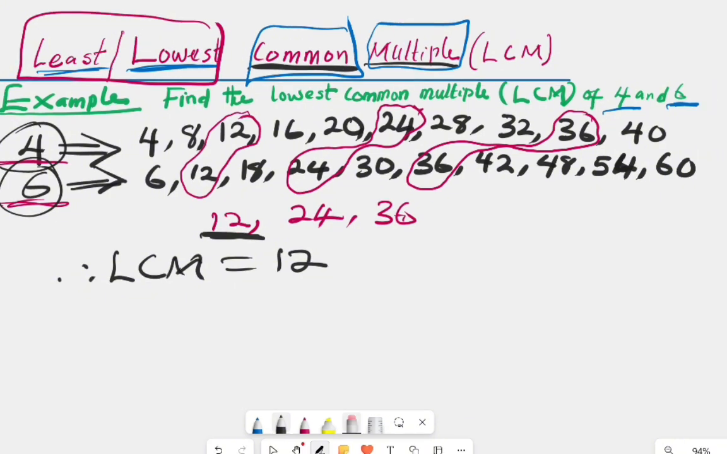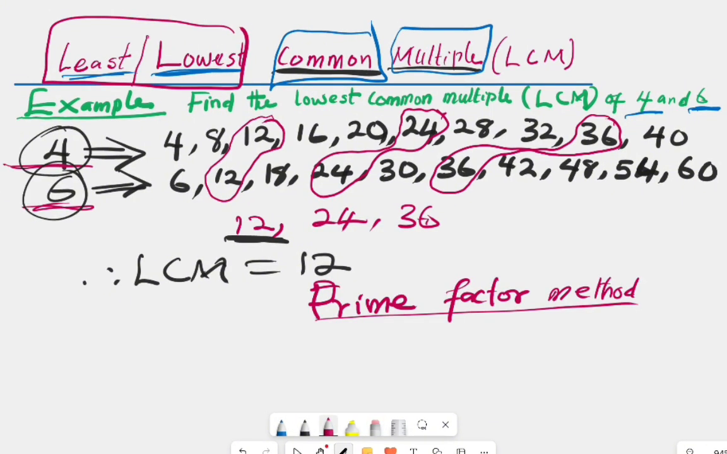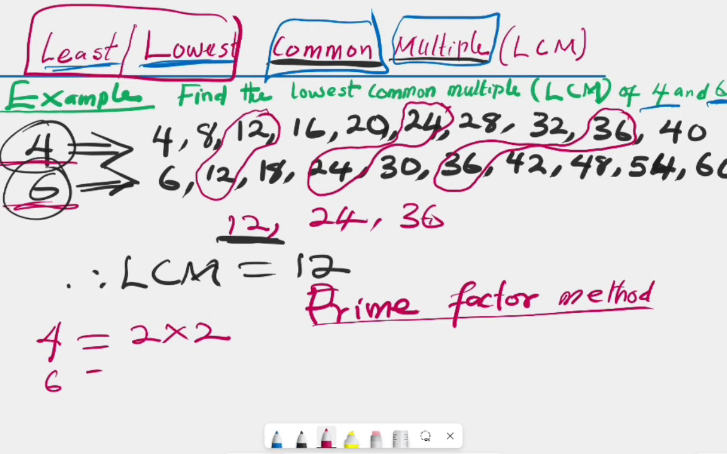Next one, prime factors method. In prime factor method, what we do, we look for the prime numbers of 4. The prime numbers that can multiply itself to give you 4 is 2 times 2. And that of 6 is 2 times 3. Therefore,